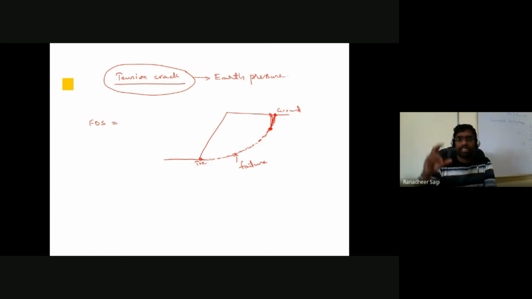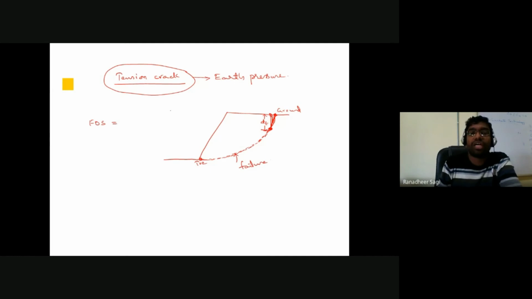Because in some portion of the soil, separation of the soil mass has already taken place, which indicates failure in the soil. So if the failure surface does not extend further, within that region there is no portion of the soil which can offer resistance against failure, because that portion of the soil has already undergone failure. That is the portion of soil existing till some depth, to which your crack formed in the ground. Okay, so the depth to which this particular crack formed into the ground is what we call the depth of tension crack.